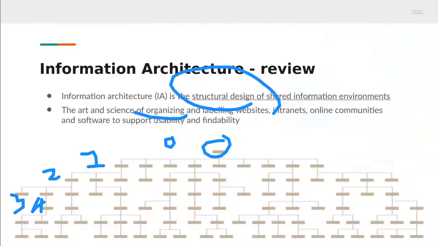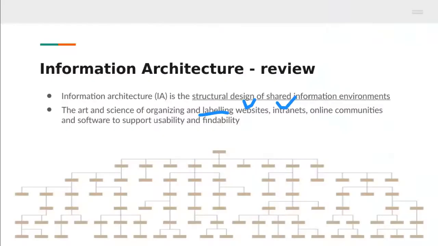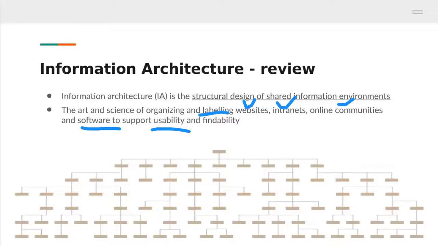So there are multiple levels, and this site architecture has many pieces of content, many sections and many subsections. It is an art, how we organize and how we label the website, the categories. So, labeling, and we do IAs for websites, for intranets, for communities, and software to support usability and